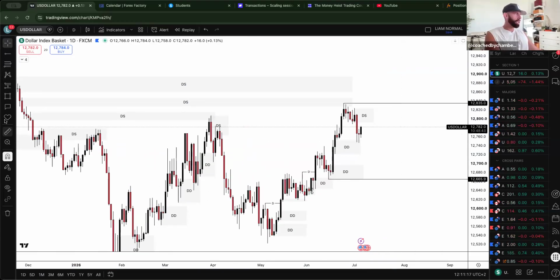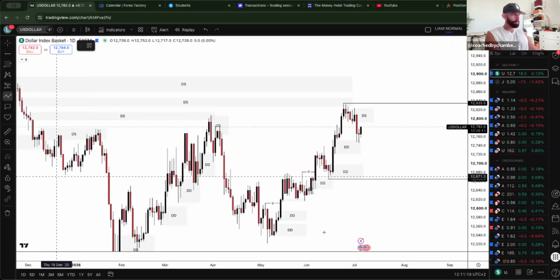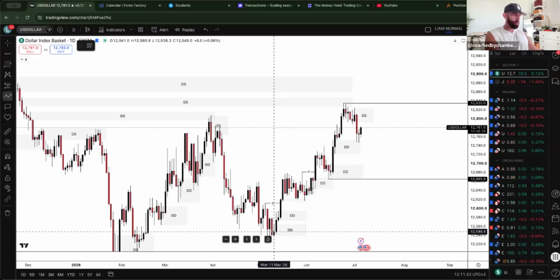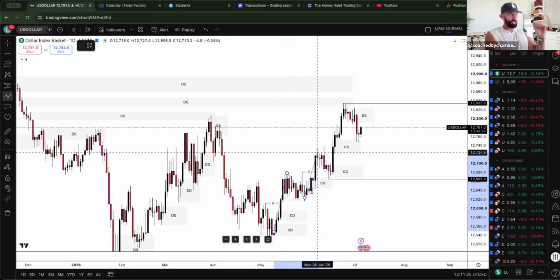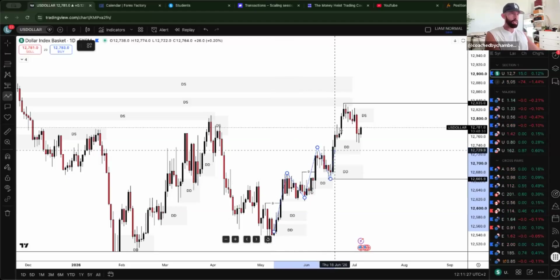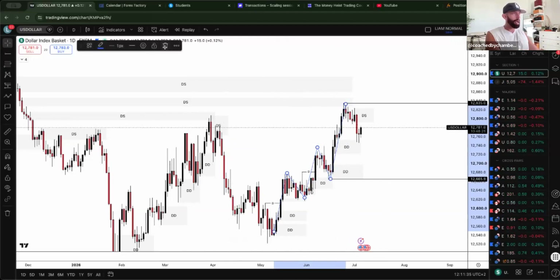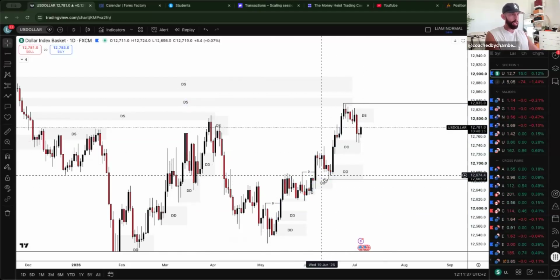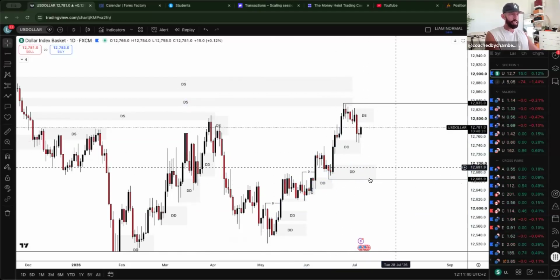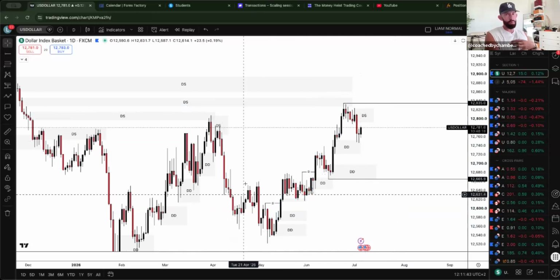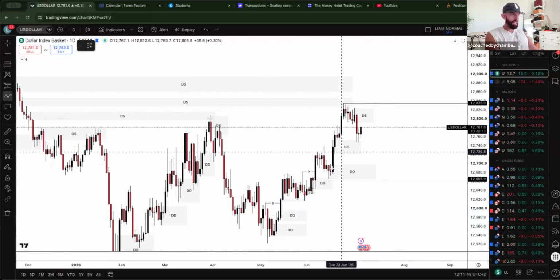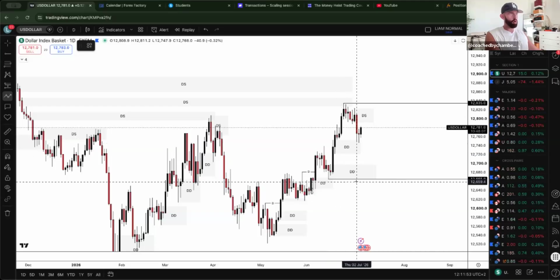Now, looking at the market structure, you can probably already notice that we've been uptrending. Market has been creating higher lows and higher highs. Looking at the charts right now, you can see that market condition is quite big. We have this as our higher high and this as our higher low. And we have this daily demand area below here, which would be my favorable daily demand area. But also understand that we are reacting from this area here because this is a pullback on the 4 hour.